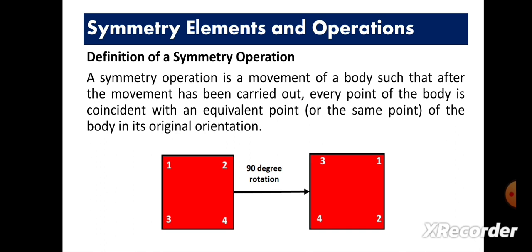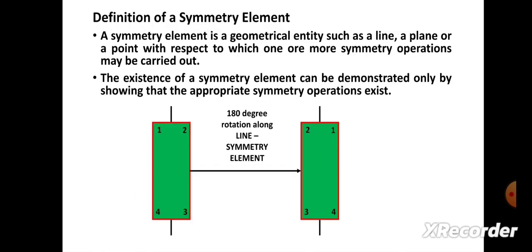If we consider rotation through 4 times 90 degrees, or rotate it by 360 degrees, what will happen? You will get the same configuration itself. That is, 1 is replaced by 1 itself and 2 is replaced by 2 itself. Such a configuration is called an identical configuration, whereas the configuration we saw earlier is an equivalent configuration, because 1 is not replacing 1 itself; 1 is replaced by 3, which is an equivalent point. So we call this an equivalent configuration, the equivalent position.